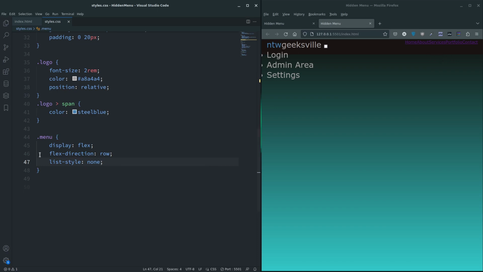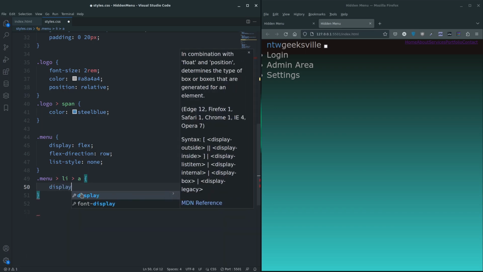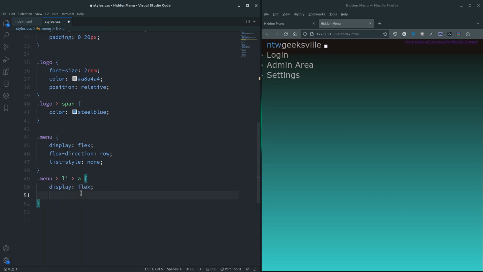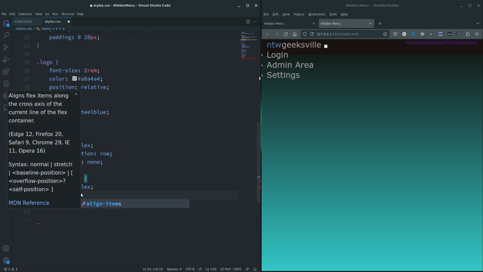So for the actual anchor tags, let's get them done. Menu li a, and I'm using these chevrons to refer to the immediate child li, so I'm not affecting these li's over here, I'm just affecting these. So we need to do display flex on that as well, and align items,